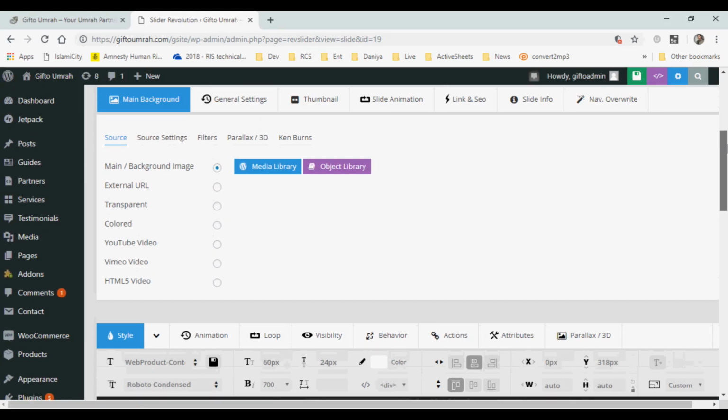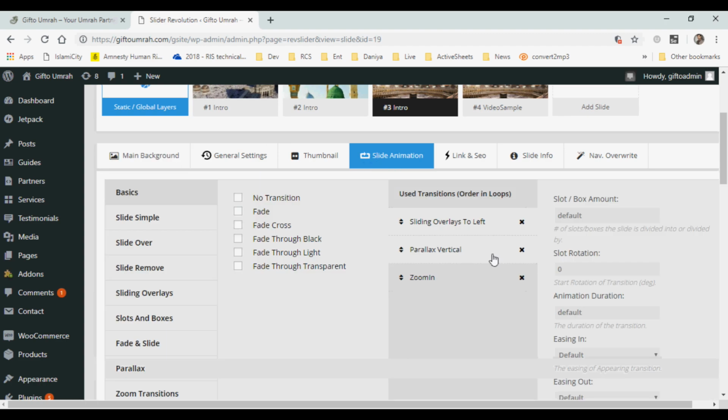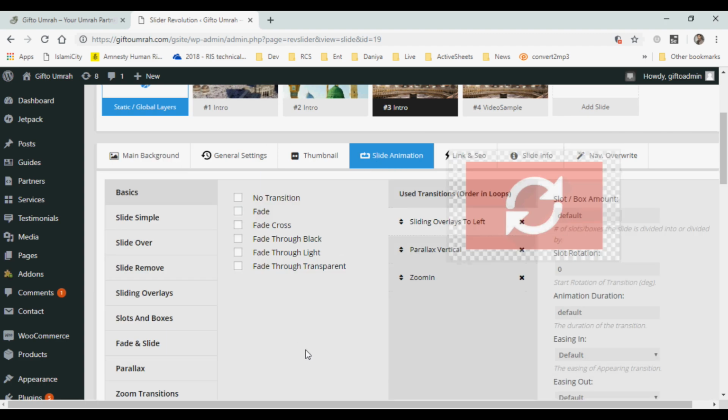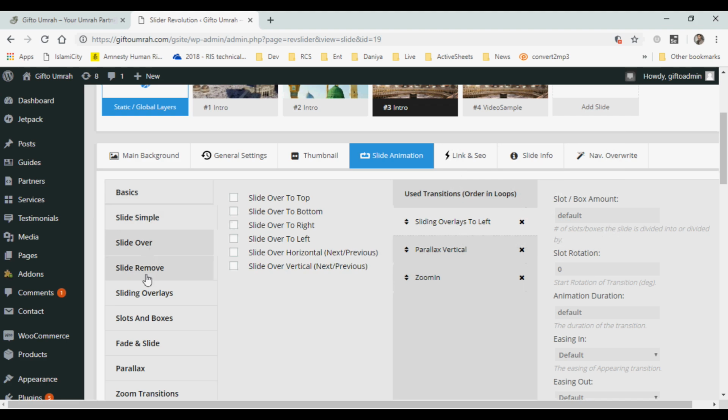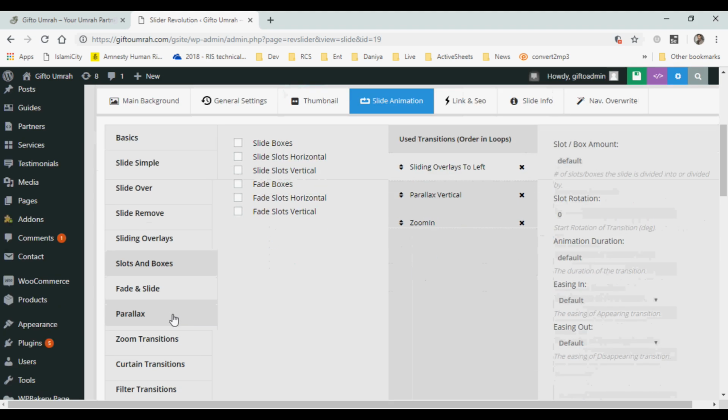So another thing that I wanted to show you is the animation part. You see there are 3 animations by default which are used in this slider. You can have all these samples slide over, slide remove, how you want it. So if you want to add a new one, for example, let's